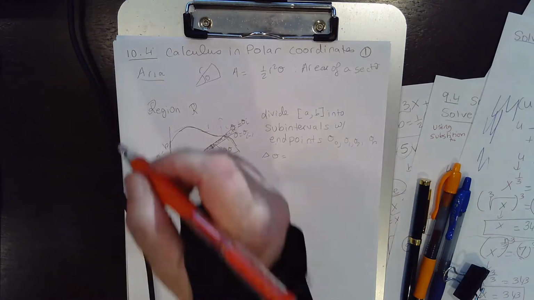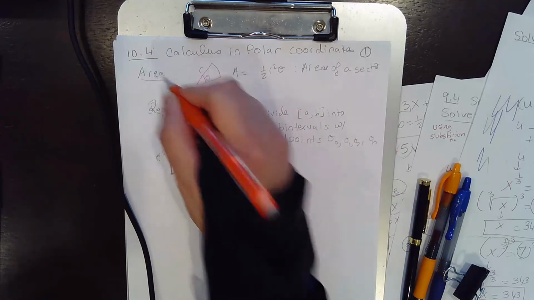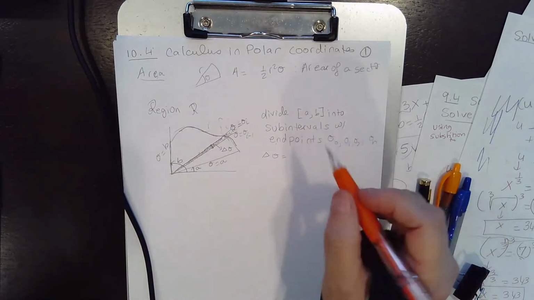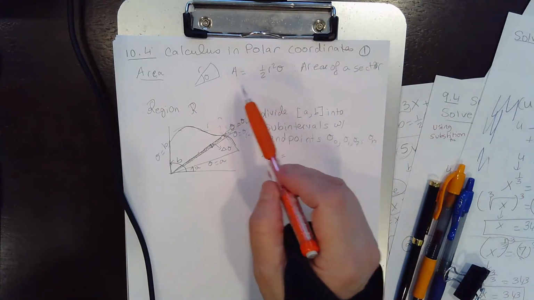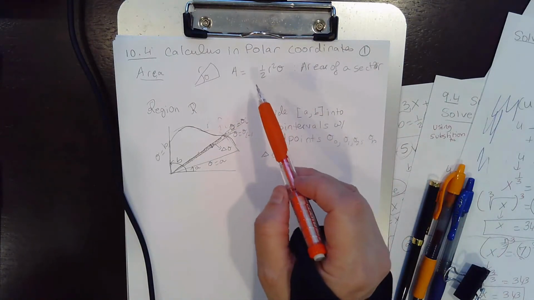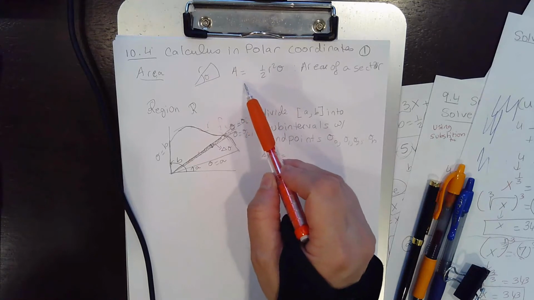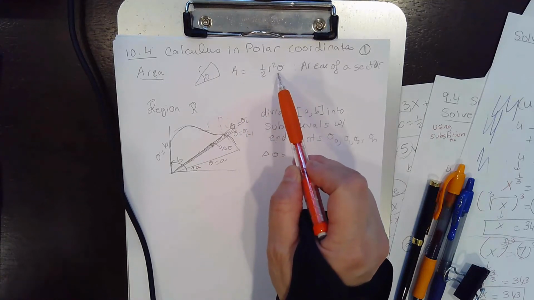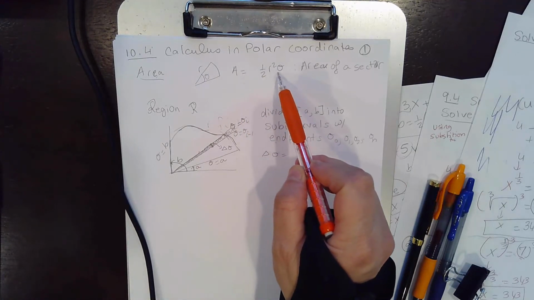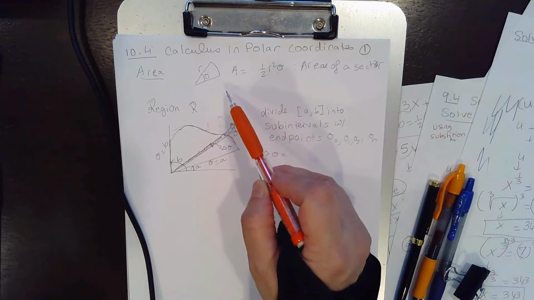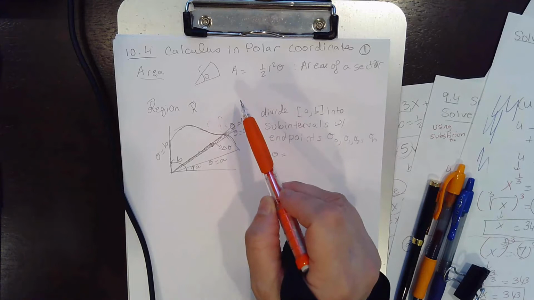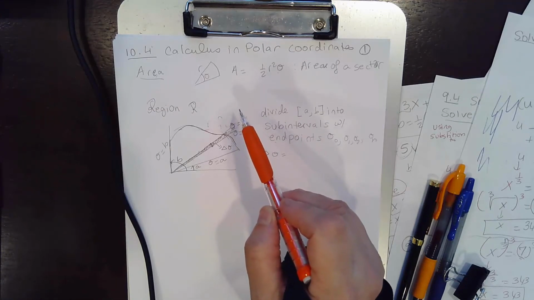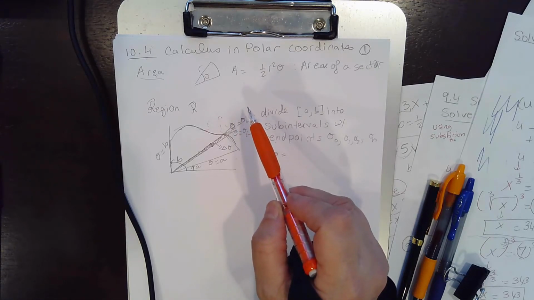So, we have the area of a sector of a circle. What is the area of a sector of a circle? You've seen it in trig. The area is 1/2 r squared theta, where theta is a central angle. Theta is measured in radian measure. Okay, so we'll be using this in order to find